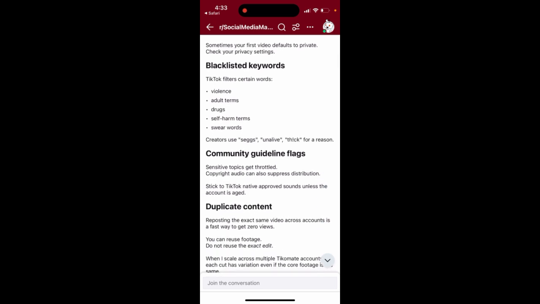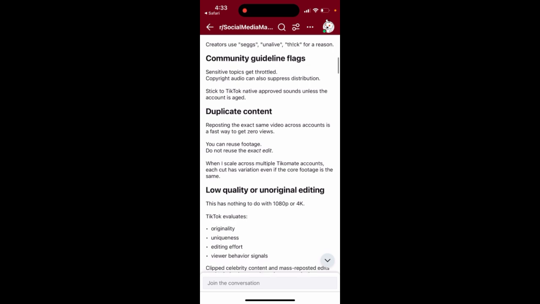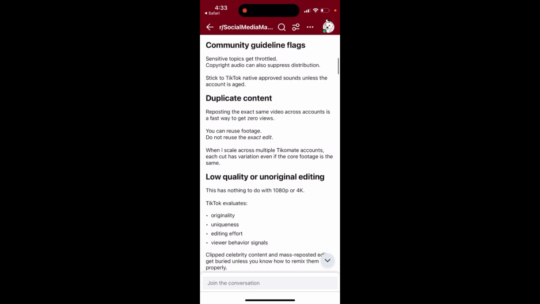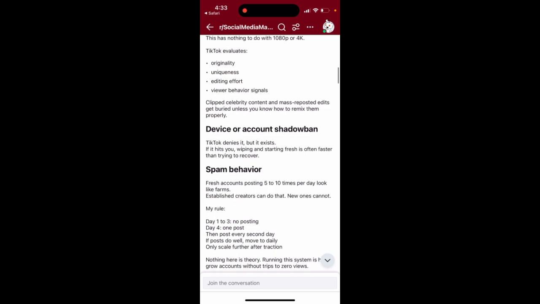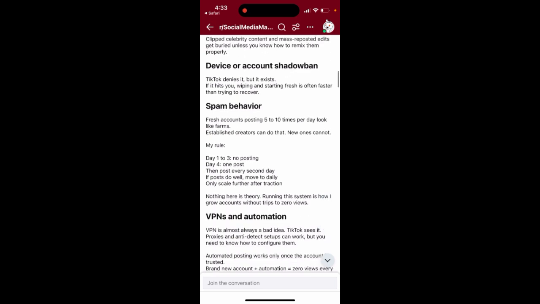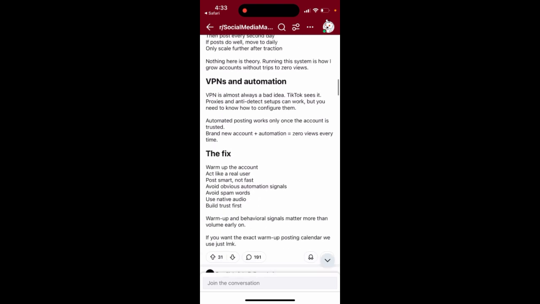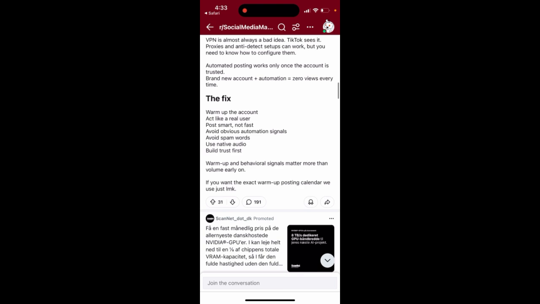You can see all of these keywords. Community guidelines, sensitive topics, duplicate content, low quality, unoriginal editing, device or account shadow ban, spam behavior. Fresh account posting 5 to 10 times per day looks like farms. Then VPNs. So if you posted a video and still after a day it literally has